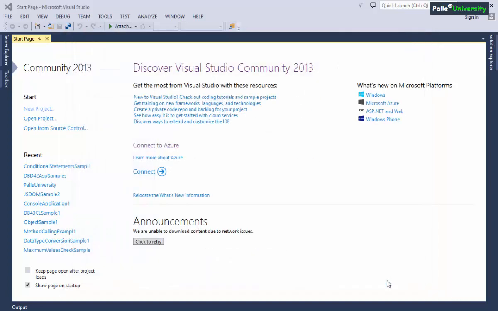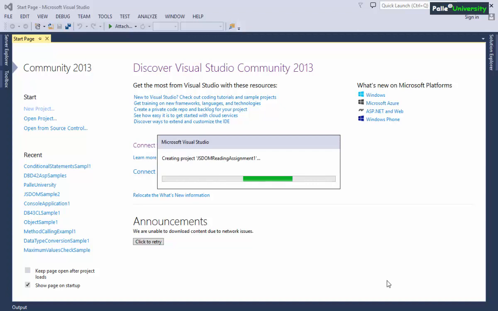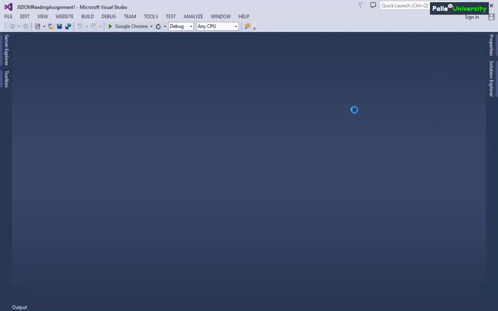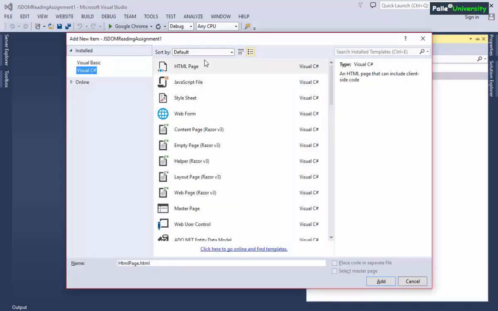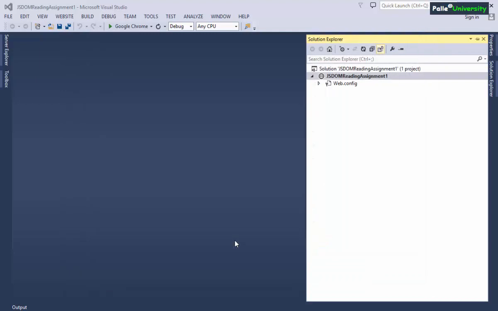Let me click on OK. Once I click on OK, I will get the empty Visual Studio, something like this. Now let me click on Solution Explorer and after that I'll go to the add new item window. I'll select HTML page and I will give the page name as calci.html and I'll click on add.